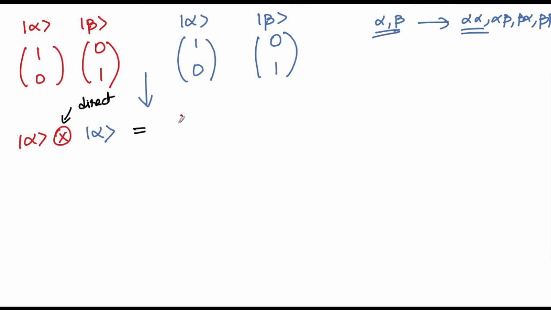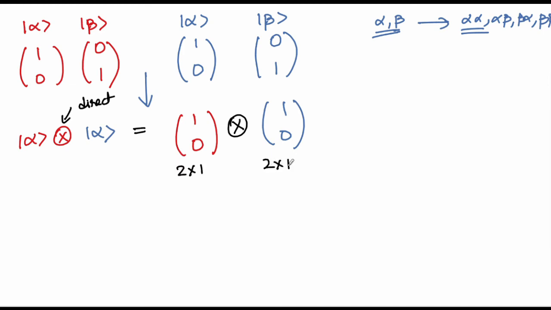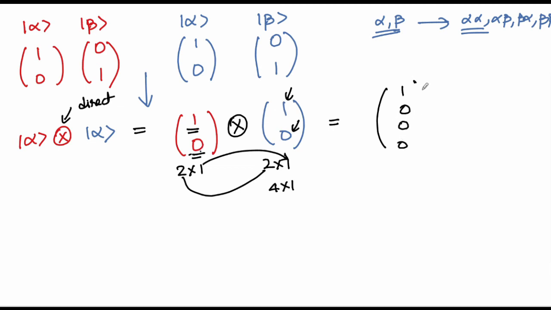This is one where you start from 1, 0. You have a 2 by 1 matrix and you have a 2 by 1 matrix. In a general matrix multiplication, this cannot be multiplied. But on the other hand, when you are trying to do a direct product, you end up expanding the set. So you're going to get something like a 4 by 1. So how do you end up doing this? Take the first term, multiply with each one of them. So 1 times 1 is 1, 1 times 0 is 0. Then you take the second term, multiply by each one of them. 0 times 1 is 0, 0 times 0 is 0. So alpha alpha state now will be represented as 1, 0, 0, 0.